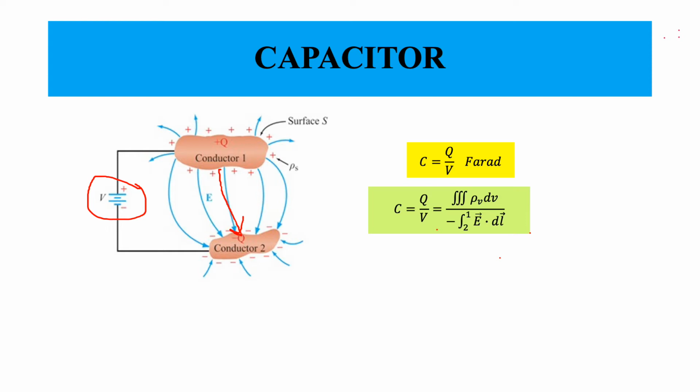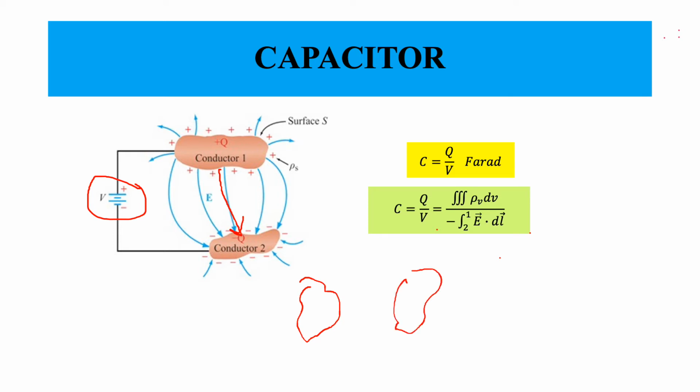And how do we define the potential difference between the two conductors? Well, we have already seen that this must be the line integral of electric field. So you have the line integral of electric field from conductor 2 to conductor 1, assuming that conductor 2 is at lower potential and conductor 1 is at higher potential. This one is at higher potential, this one is at low potential. So now here is one important question. What path should you take? I have one conductor.